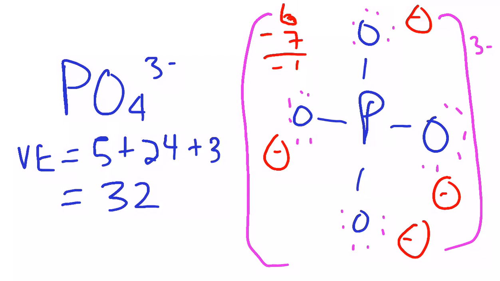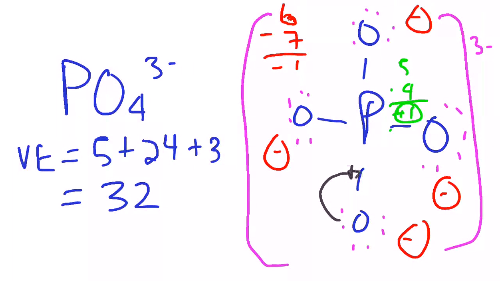So phosphorus is in group 5, so it has 5 valence electrons, and let's count the electrons that are assigned to it. 1, 2, 3, 4. So 5 minus 4 is +1. So phosphorus has a positive charge on it. Now we could minimize the total number of charges by taking one pair of these electrons and